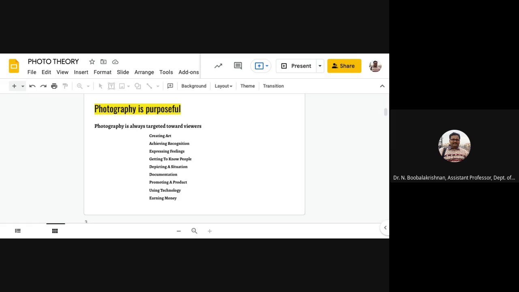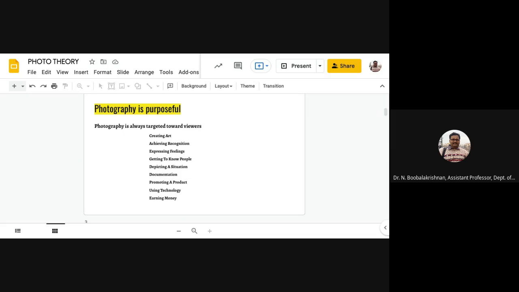So your photography is purposeful. There should be a purpose for your photograph. Even when you are the only viewer, your images need to satisfy you. So any photograph that you're taking now should be targeted toward the viewers.